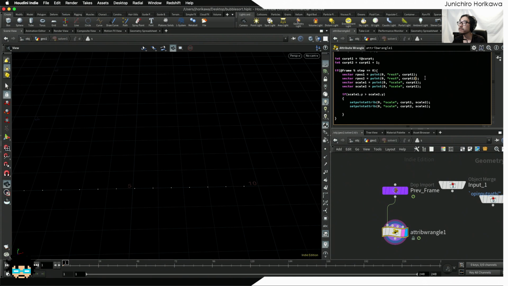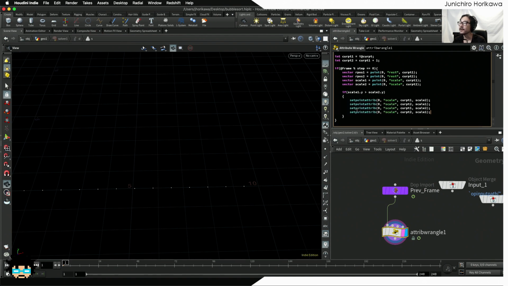pt2. And do similar stuff like I did right here. So I'm gonna copy this, and for the current positions at current pt1 and current pt2, I want to reset to rest position 1 and rest position 2, because the point position is going to be animated and changed after the frames